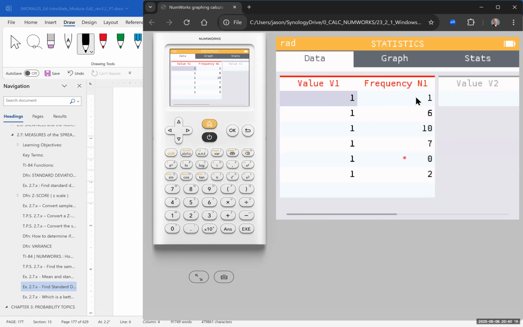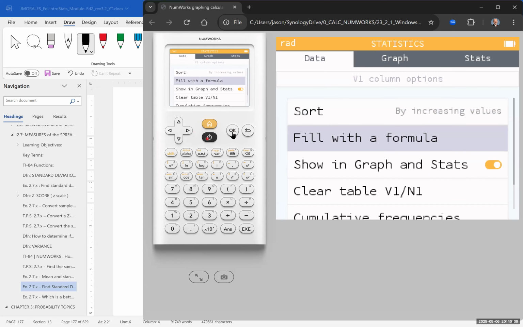And the statistics app has a column for frequency, which you need to get the stats on. So what we're going to do is set this column, V1, equal to column X2 that we just calculated. So come up here to V1, click OK, put fill with formula,